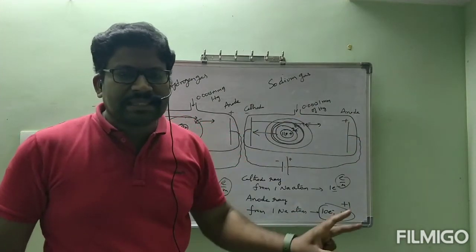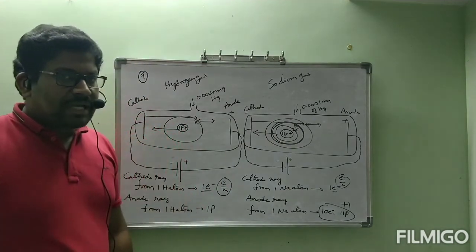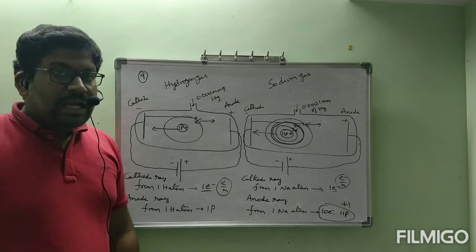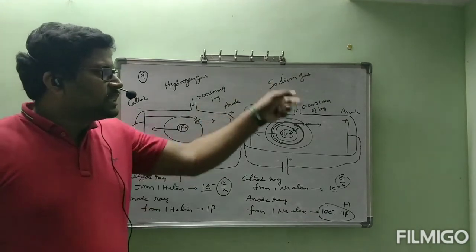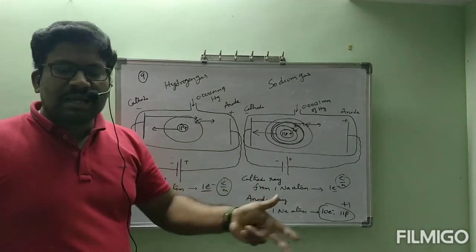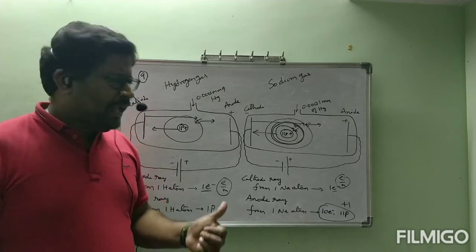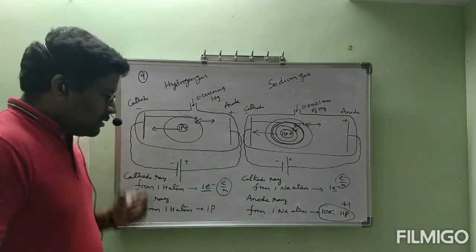By taking any gas, the e/m ratio is the same. That's why that point came: the e/m ratio of cathode rays is independent of the nature of the gas taken in the discharge tube. Whatever the gas taken, whether hydrogen, sodium or magnesium, the e/m ratio of cathode rays is the same. But anode rays,